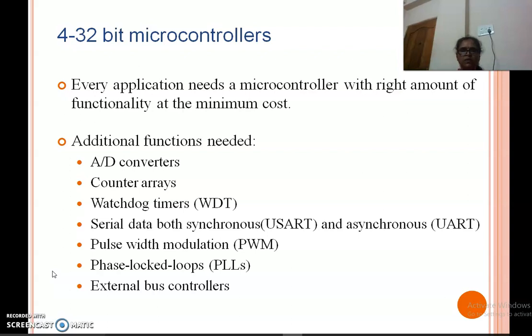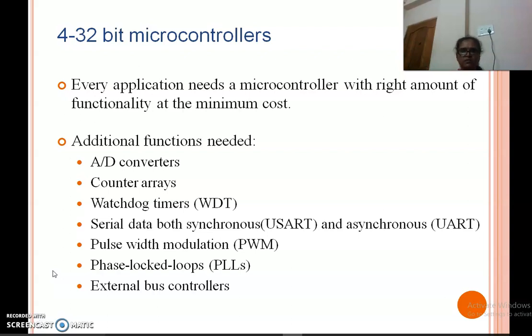The next topic is serial communication. USART and UART are the different ICs used in serial communication. USART full form is Universal Synchronous Asynchronous Receiver and Transmitter. UART is Universal Asynchronous Receiver and Transmitter. These are the ICs which are used in serial communication.